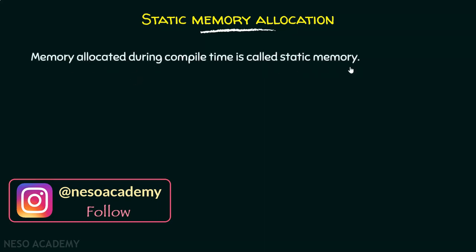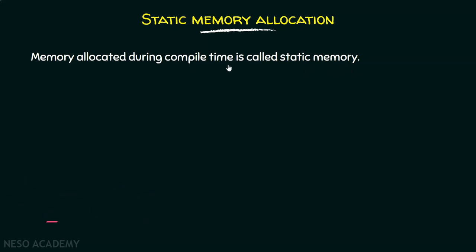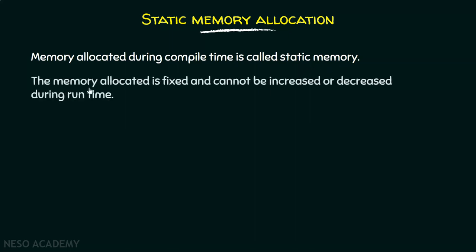It should be very clear that the memory allocated during compilation time, or the time when the programmer is creating the program, is called static memory. And the memory allocated is fixed and cannot be increased or decreased during runtime. If you run the program, obviously the memory which has been allocated at compile time is fixed and cannot be